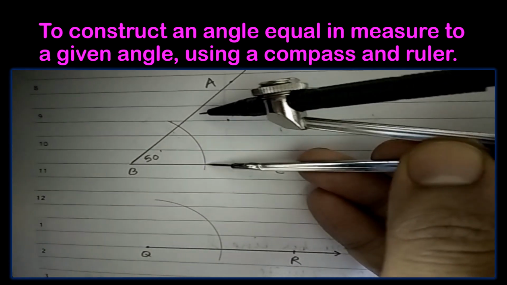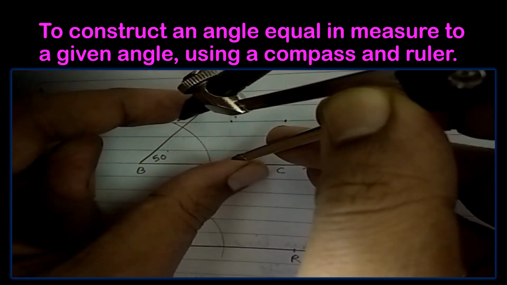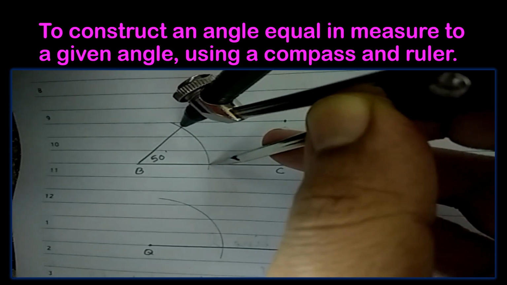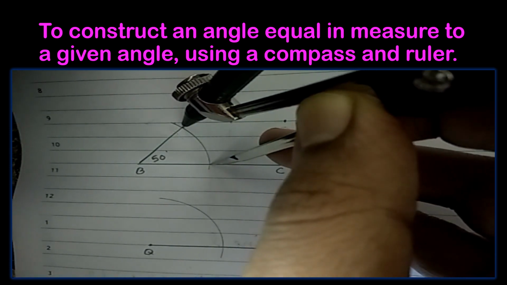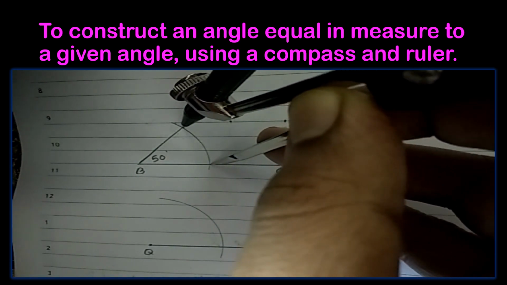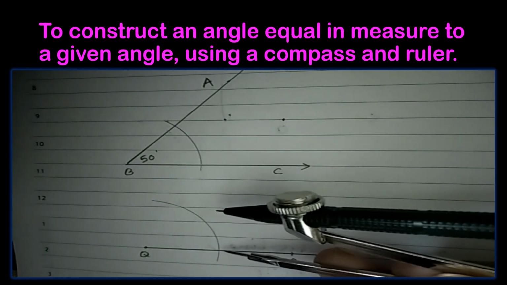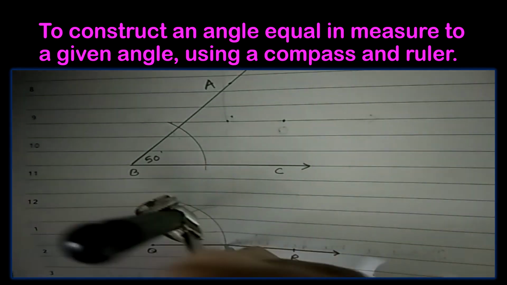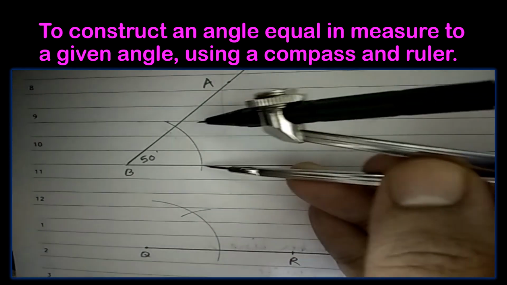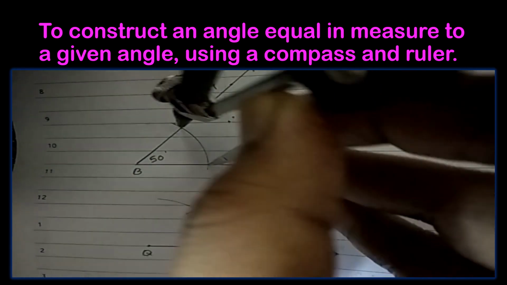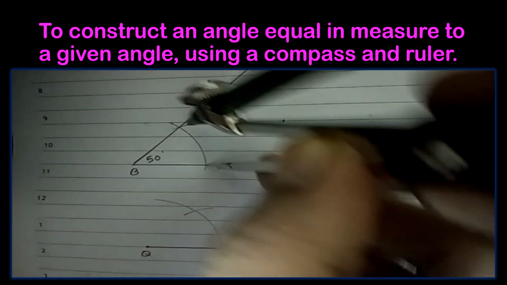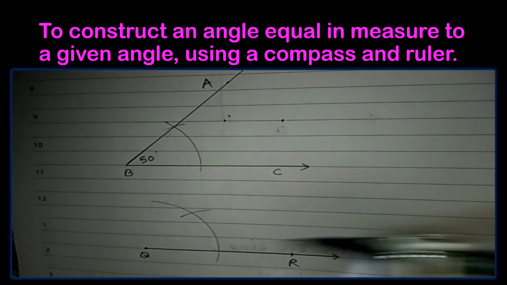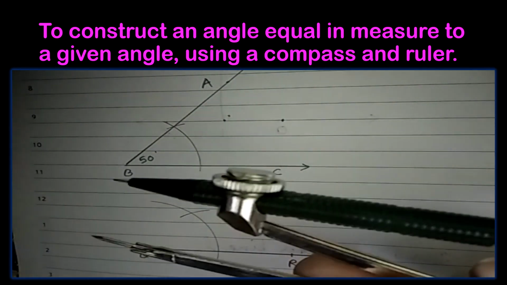Get back to the previous arc and see to it that the pointer and tip of the pencil will take the span of the previous arc like this, and then get back to the arc you have drawn already. Okay, remember, from here you are taking this arc, and the same has been repeated from here. So I have not used a protractor anywhere, I have used only a compass.